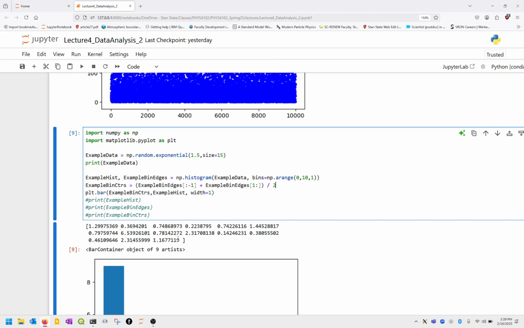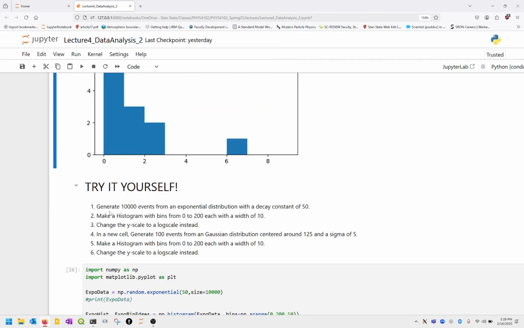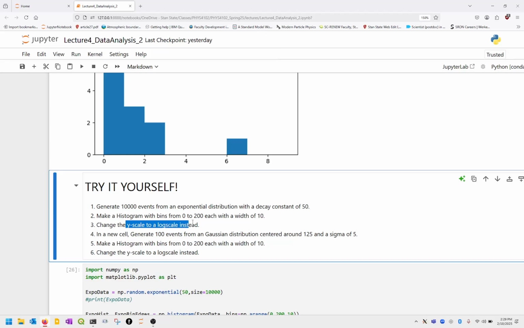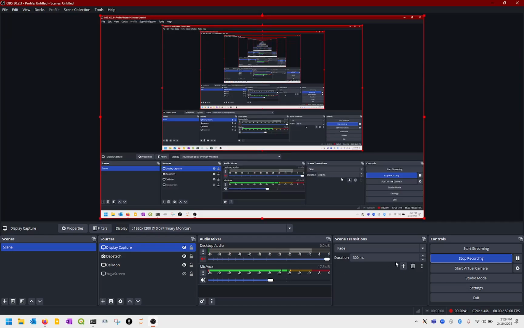Okay, so here's the instruction. When you get the first two steps, you'll get a histogram. The other thing I want you guys to do is actually put the y on the log scale. That's your first cell. In the second cell, I'm going to have you generate 100 Gaussian events, distributed around 125 with a width, or sigma parameter, of 5. Do the same thing, make a histogram out of that, and make the y scale log scale also. Okay. So let's do that. I'm going to pause the